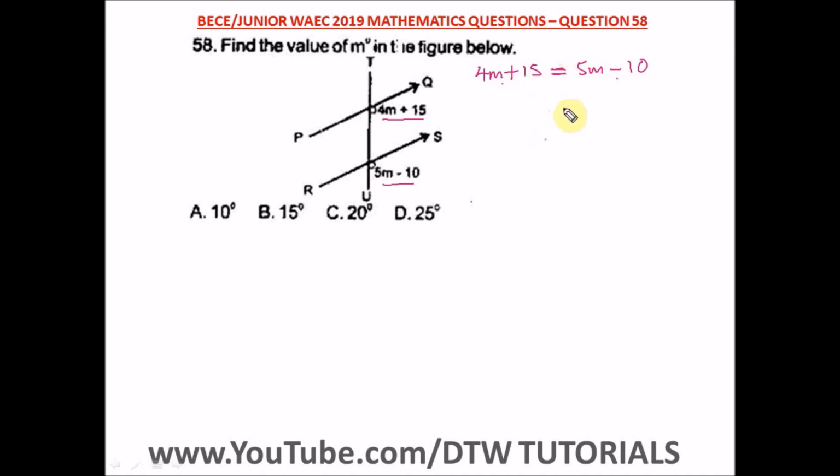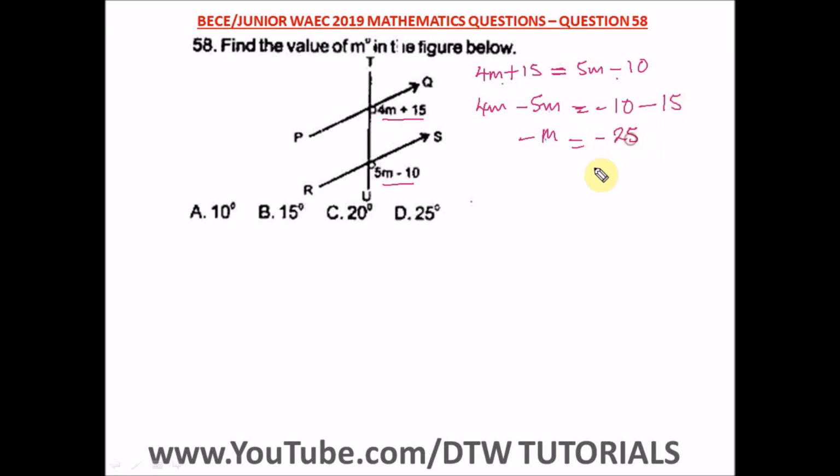All right, so let's collect like terms. In collecting like terms, what do we do? Okay, so let's take 5m here. We have 4m. Taking plus 5m, we have a negative 5m equal to, we have a negative 10 here already. Taking this plus 15 to this side, we have a negative 15. And this will be 4m minus 5m, which gives us a minus m, equal to minus 10 minus 15, which will give us